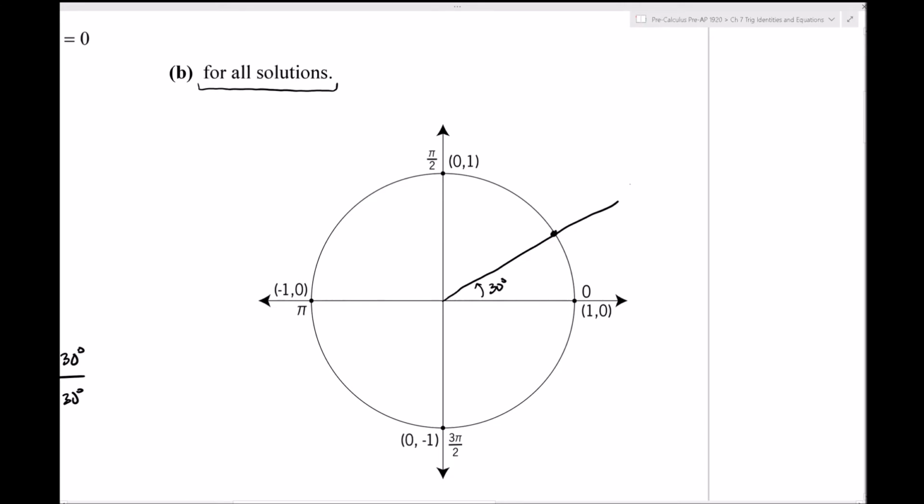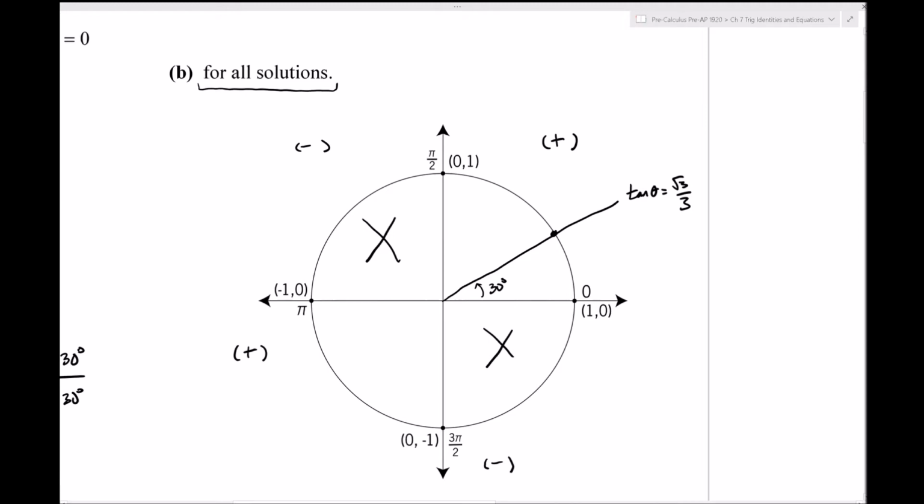So that is one of the places where tangent theta is equal to square root of 3 over 3. That's not the only place, because tangent is positive in the first quadrant. It's also positive in the third quadrant. It's negative in the second and in the fourth quadrants. So I'm not going to have any more solutions in the second or the fourth quadrant, there's going to be nothing in here, but there should be another one in the